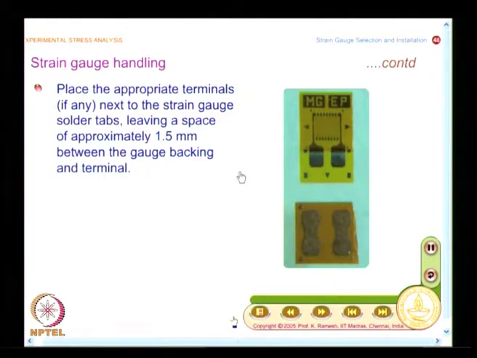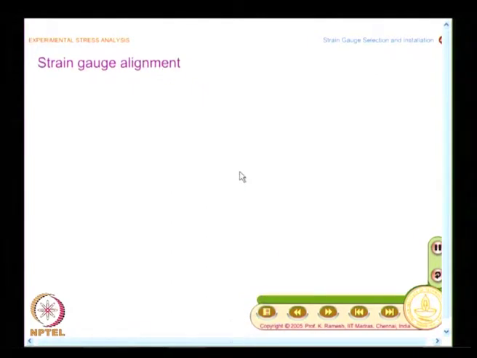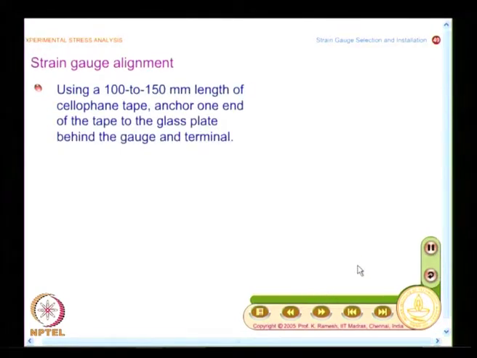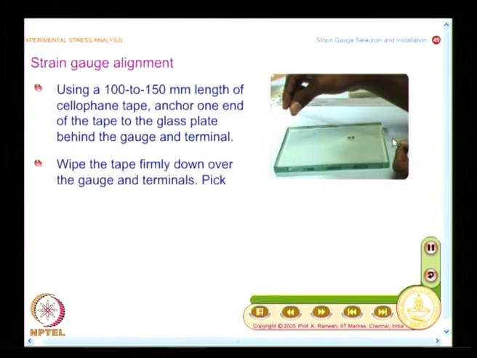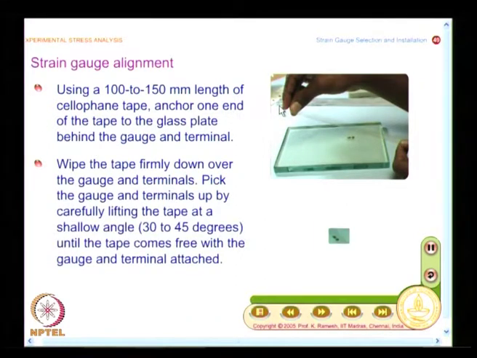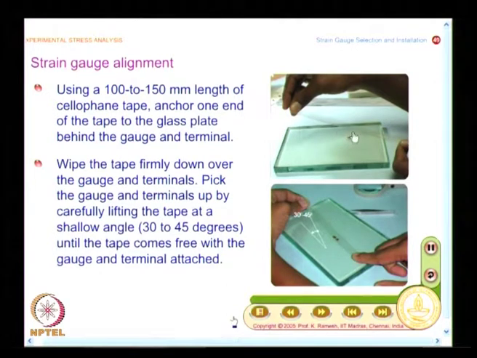and in order to align the strain gauge, what you do is you take a cellophane tape and then paste it on the complete system. So, you have a long cellophane tape taken, and even this cellophane tape has to be approved by the strain gauge manufacturer, because the adhesive may interfere with the adhesive on the cellophane tape. So, you need to be very careful about that,